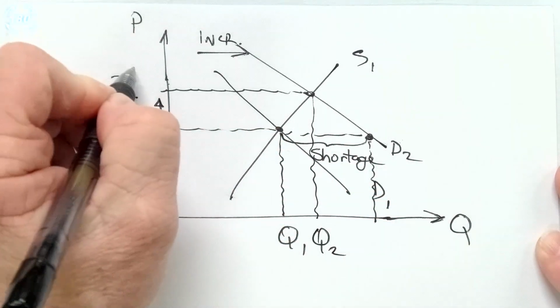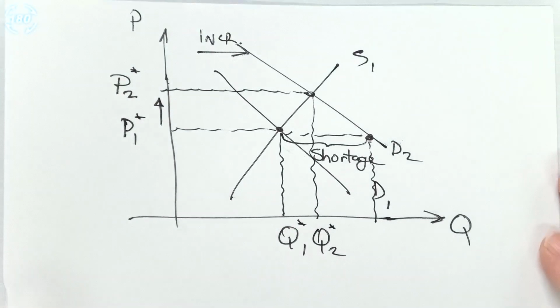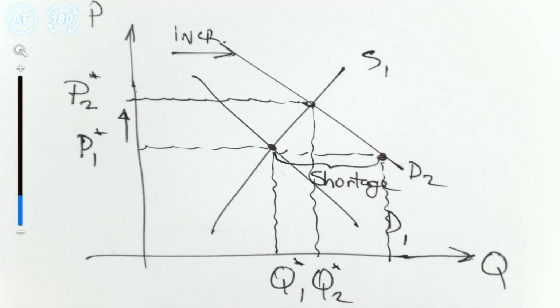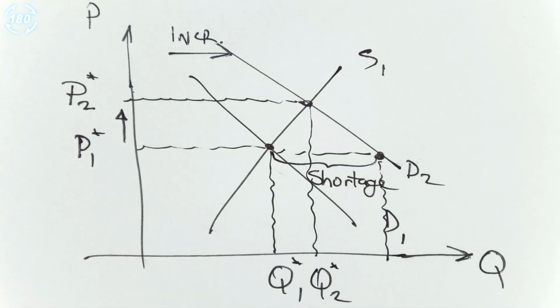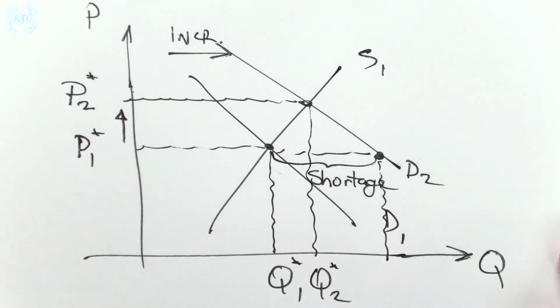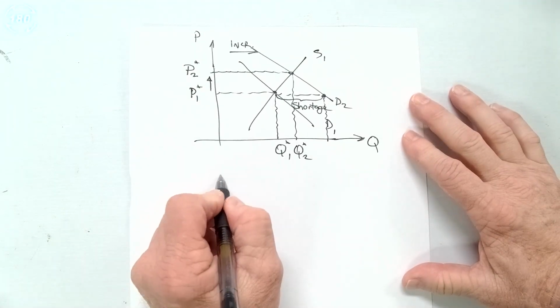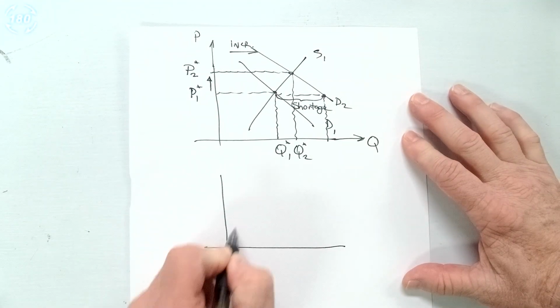And a lot of times we'll put a little star there because it applies to equilibrium. But the main thing I want you to see here is because of an increase in demand, there is an increase in the market price of gasoline. There was an increase in demand, not in quantity demanded. Okay, again, let's just back off here a second and compare these two. For a stationary demand curve